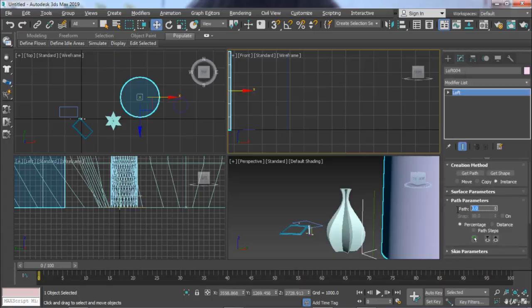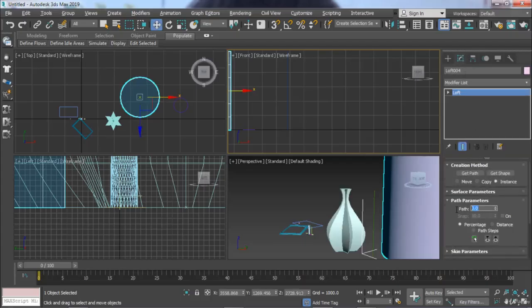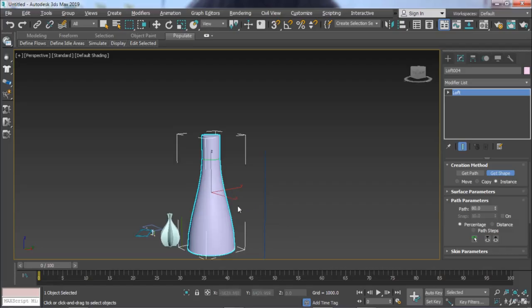Now go to modify panel and path will be 80, and now get shape, a small circle. So see the effect,